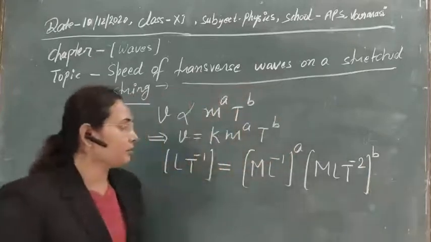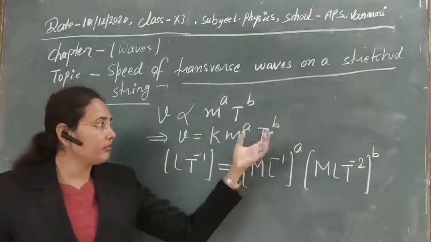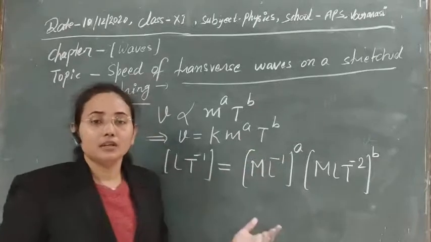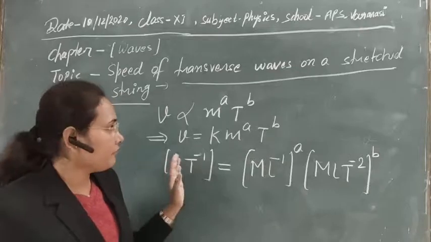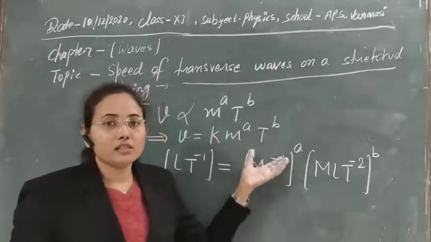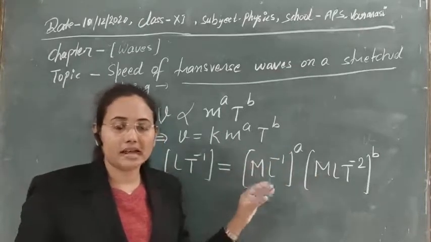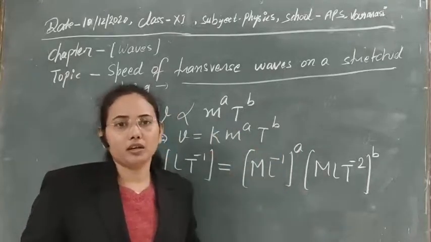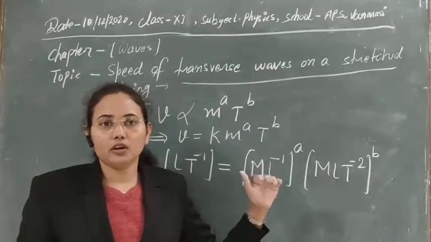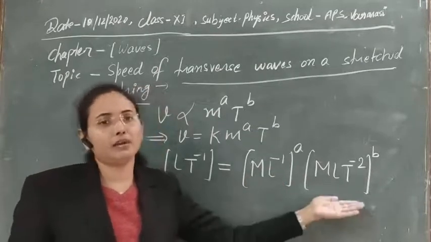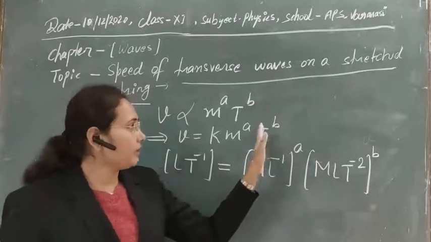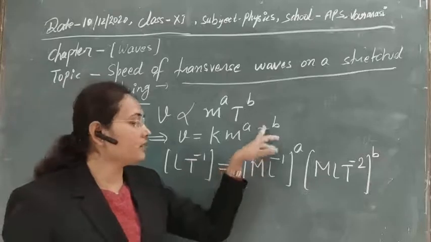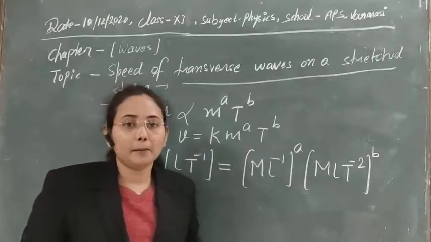So guys, there is, I think, no problem if you know the dimension of all these quantities. If you don't know, and you are feeling difficulty writing the dimensional formula, then first of all try to remember the formula of tension and other factors. After that, just split them into possible smaller units. After that, you will be able to write its dimensional formula. So if you are not able to understand the dimension of tension, then you can take the example of any